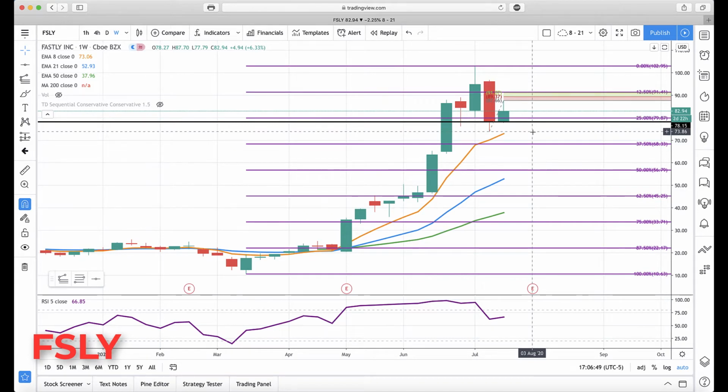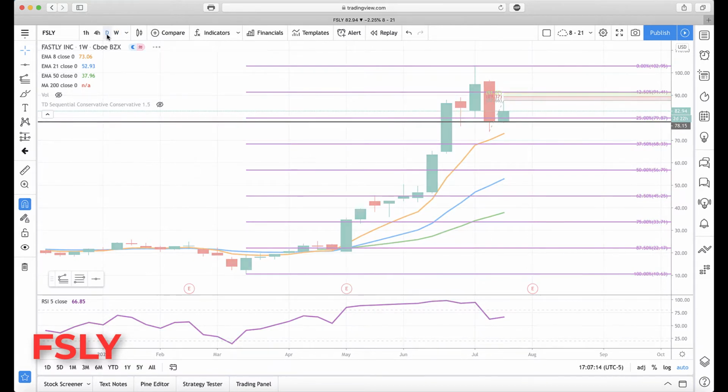I don't have a lot of history to judge it off of yet, but I'd really watch last week's low. Last week's low coming in 73.87 with the rising rotation zone on the weekly basis. That's key support. If it does dip into there, then we're going to start watching for the bigger pullback. But that's the key level to watch for support, not only with the candle from last week, but that weekly rotation zone. Looking at the daily,